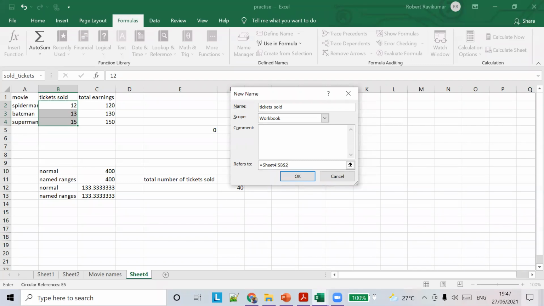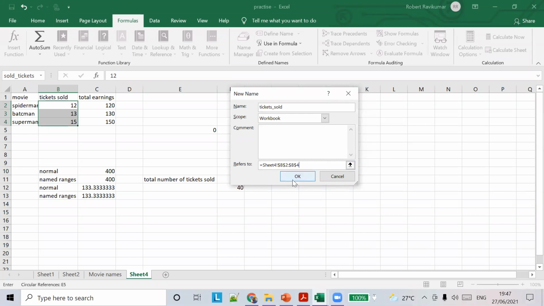Next, the range has a colon symbol, right? Yes. Then dollar symbol B, dollar symbol 4. Very good. Okay, so now we have given the name range.